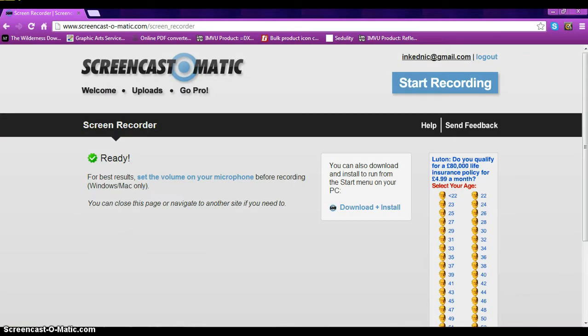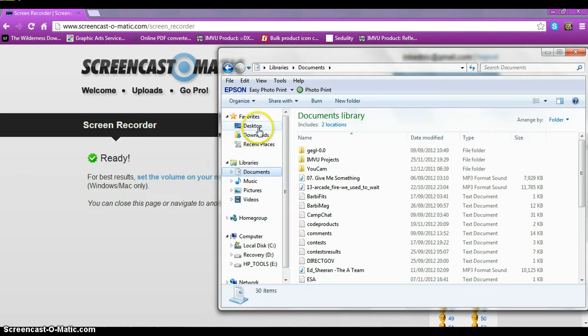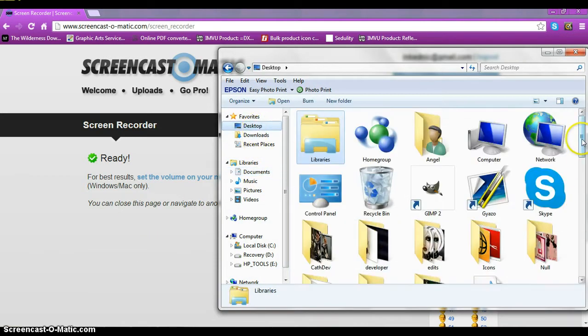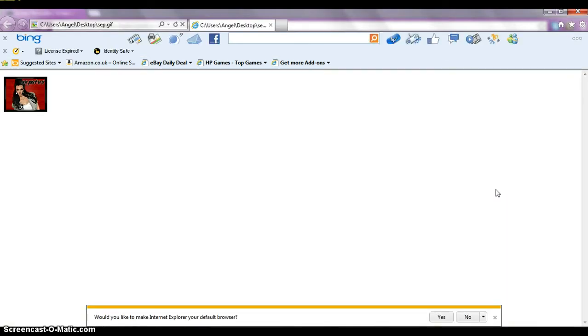So what we can do now is we can find that in our desktop, open that image up, and here you should have your icon. So that's how you make an animated